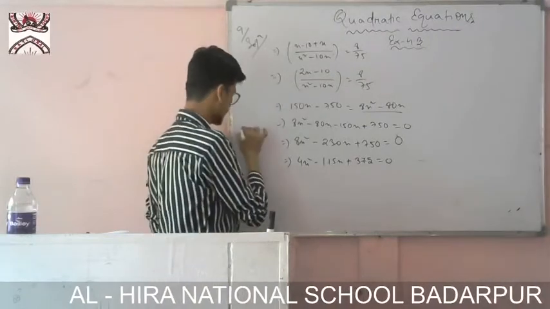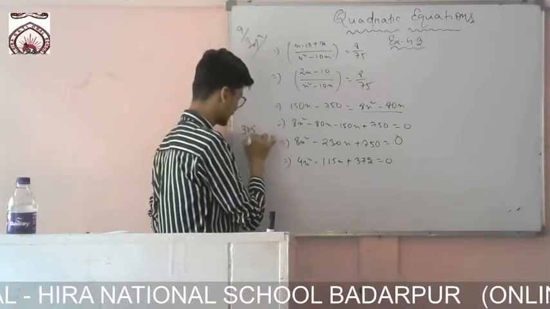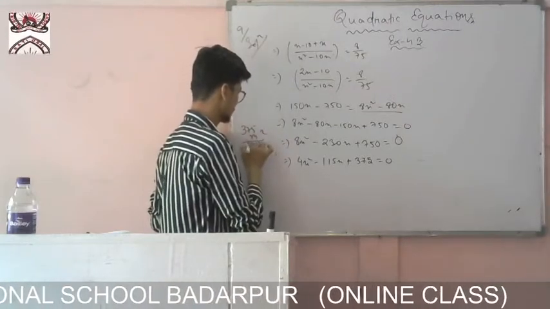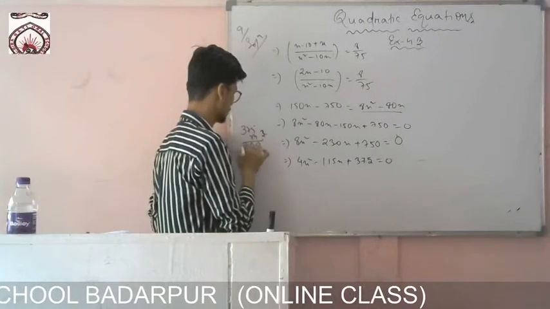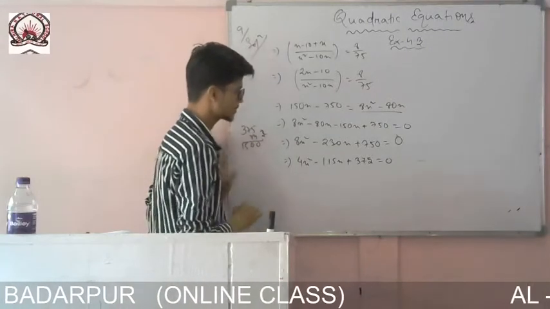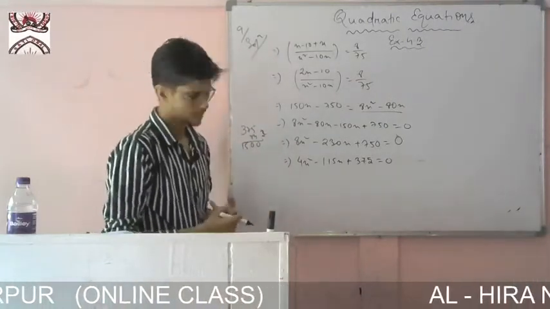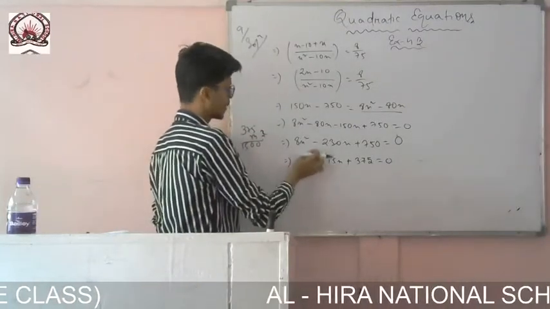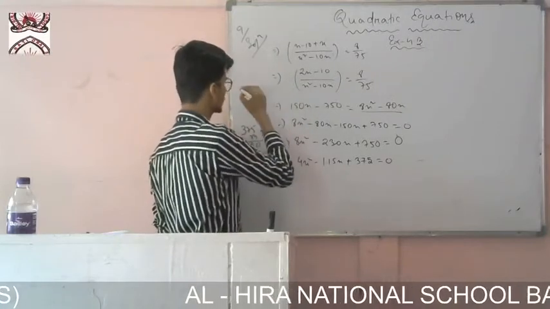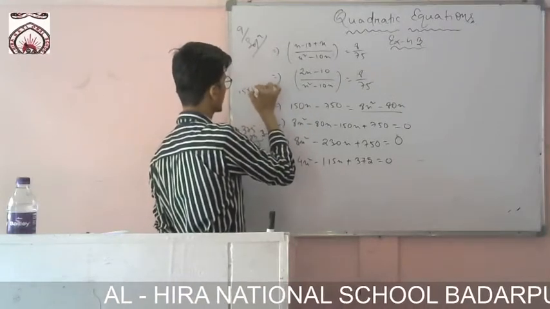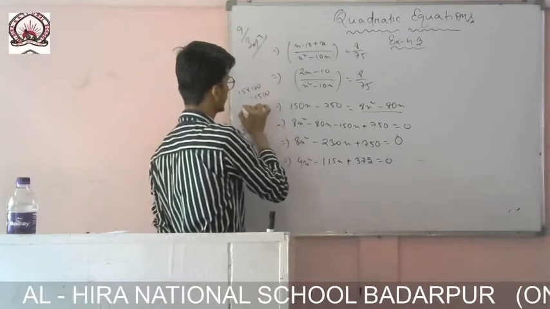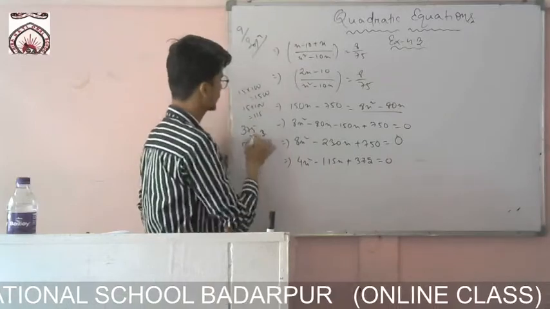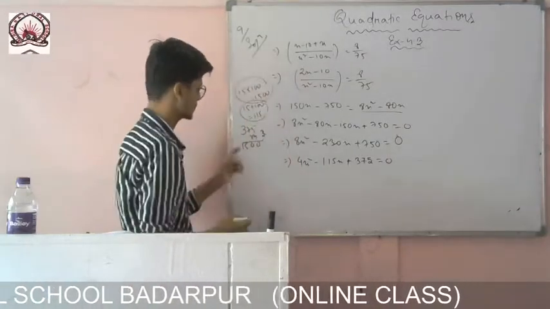So 375 into 4, 28, 29, 30, 0, 3, 7, 4 3s are 12, 13, 14, 15. So it is coming 1500, and I should get 115. So 1500, by seeing also you can see that 15 into 100 it is 1500, and 15 plus 100 it is 115. By seeing also, it is very easy actually.